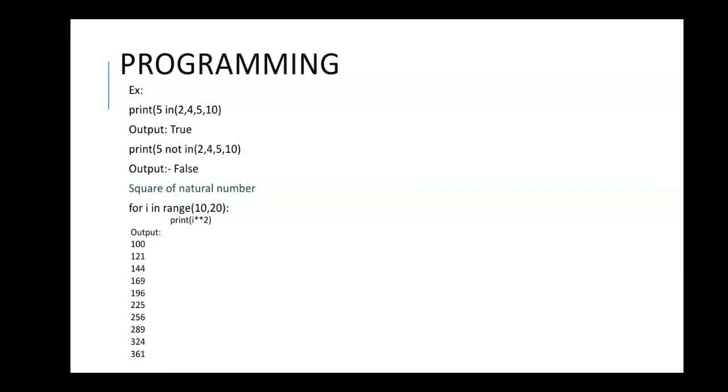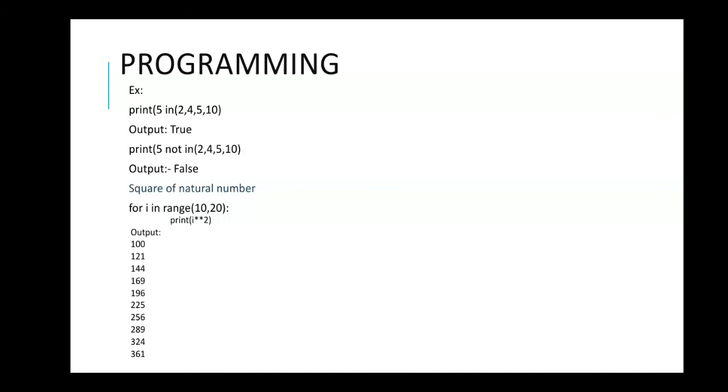Now we will see the programming examples of the membership operator, the range function and the other statements. Look, in the first example, 5 in range. 5 is given in range, so it is returning true. But in the second example, you can see 5 is also present in the given range, but the operator not in will return you false if the number is available in the given sequence. You can see 5 is given in the sequence, but it is returning false. If you write 3 here, in that case it will return you true.